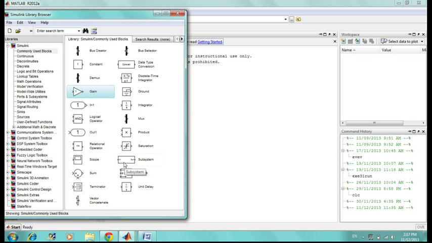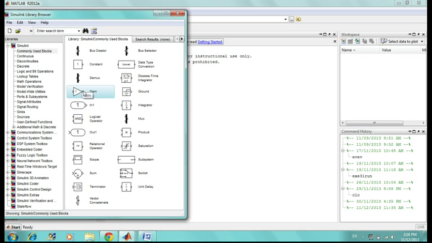This window, called the Simulink library, includes different categories, different functions, blocks, and symbols that can be used in solving different ordinary differential equations. Now, for our example here, the category that will be used often is the commonly used blocks, this one. Now, the blocks that are going to be used in this example are